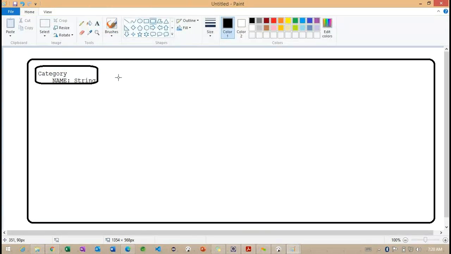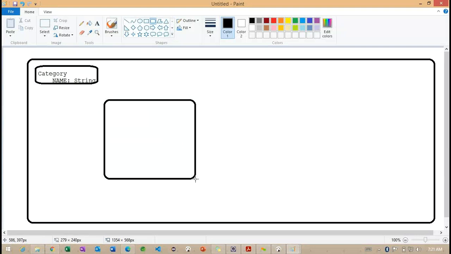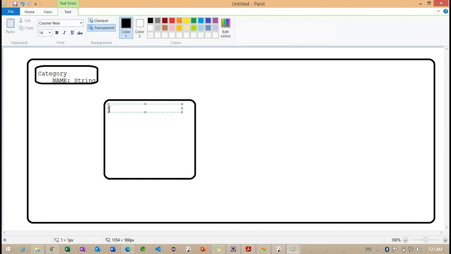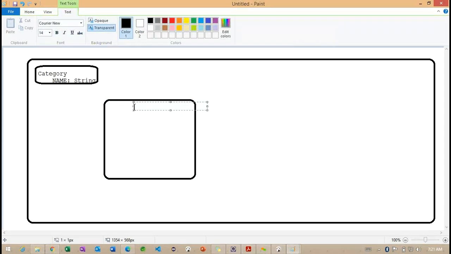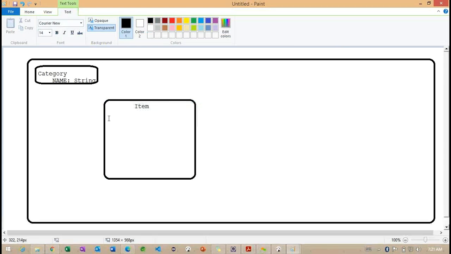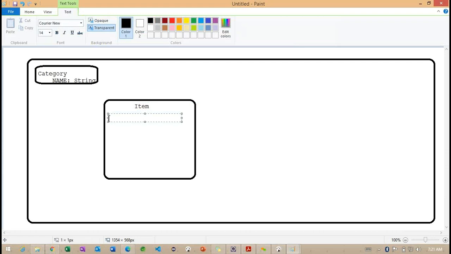And later we'll check with item here. Inside this item, what are the properties we are going to have? Same here also, the name of the item. We are going to work with string as the data type.